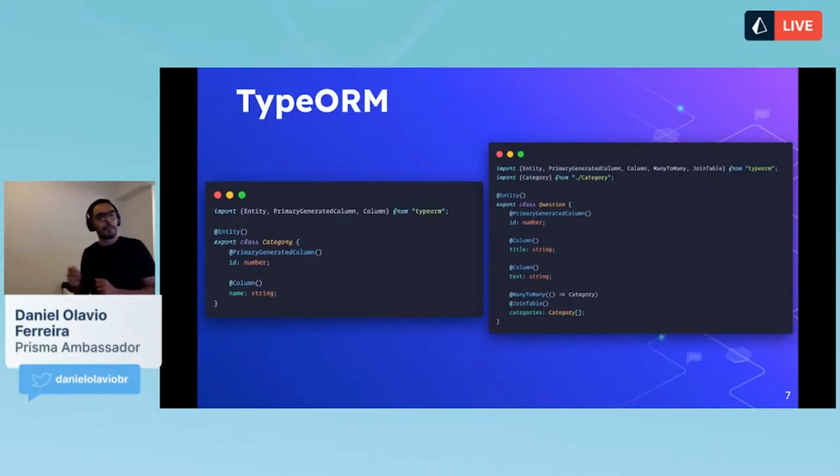And the second one, that could be a little bit nitpicking, but it's not so beginner friendly. We have names that we are used to seeing as developers, like many-to-manys, primary keys, join tables. But new developers, or people that are just getting started in the world of programming and want to tackle databases, are probably not going to understand what a many-to-many is. They can understand there are many things to many things, but what does it mean? It can be a little bit complex using this terminology sometimes.